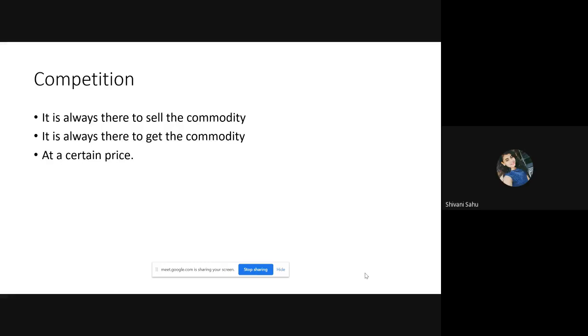No, ma'am. No, ma'am. Okay. So there is a certain price. Given that price, the sellers are competing. Given that price, the buyers are also competing. The objectives are different. The seller's objective is to earn revenue. The buyer's objective is to get better quality. That means they are trying to satisfy themselves the most. Okay. So these are the things from the buyers and the sellers.